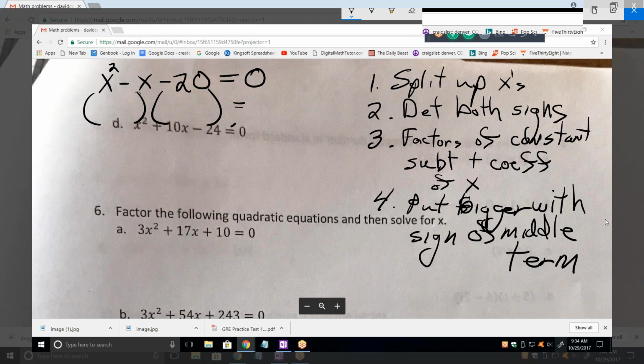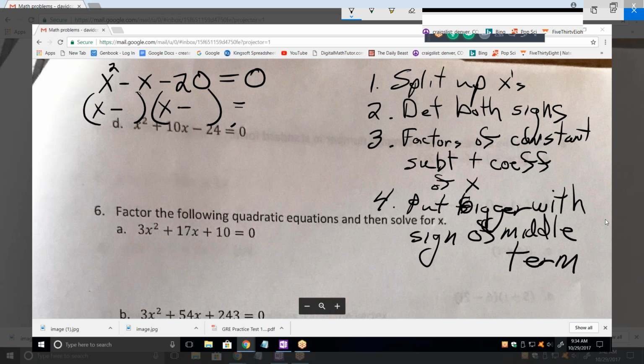First step. Separate the x's. Second step. They're both going to be negative, right? Oh, that would not produce a negative 20. In other words, if I did what you said,